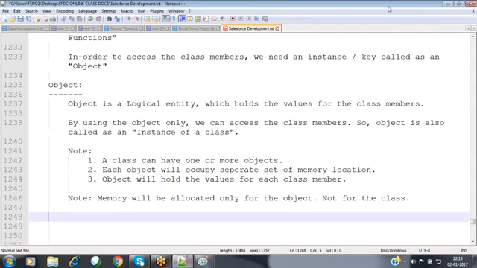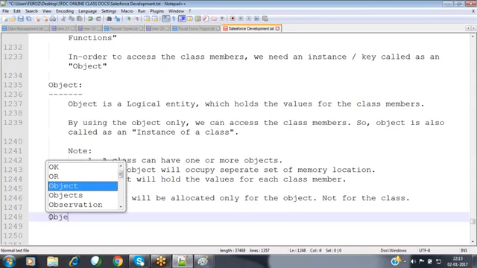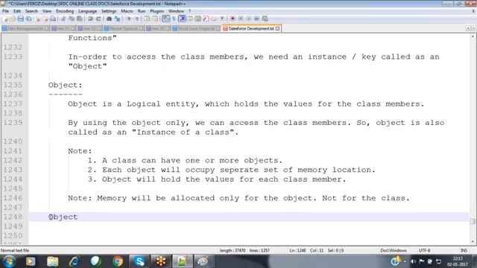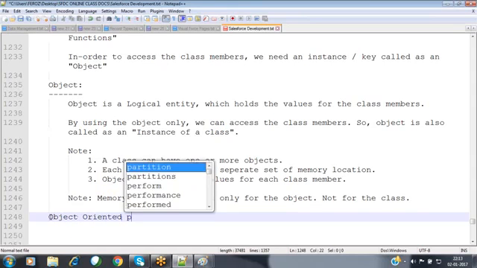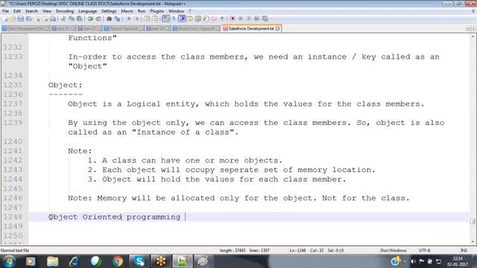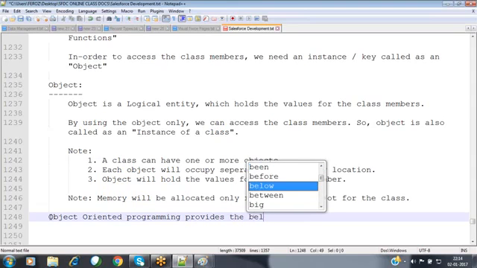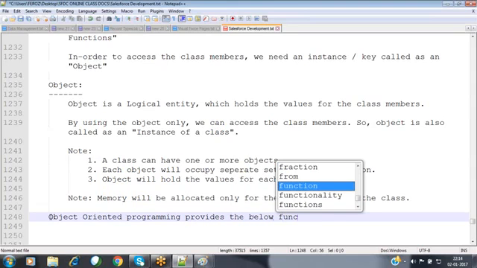Now when coming to object-oriented programming, Salesforce is providing various fundamental features by which we can implement object-oriented programming. Each and every object-oriented programming is going to provide four fundamental features. Object-oriented programming provides the below fundamental features.